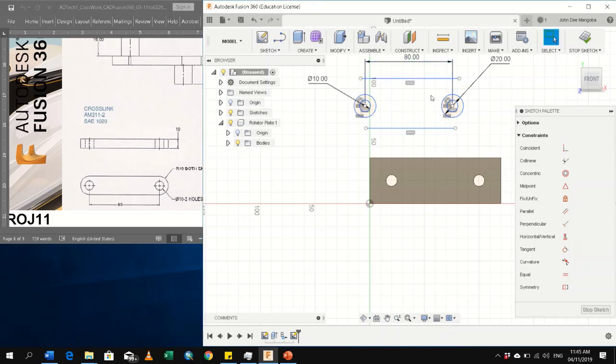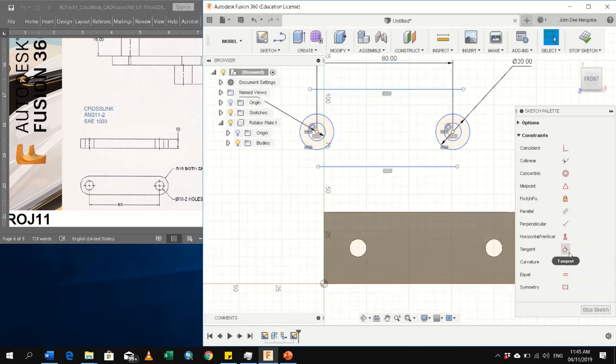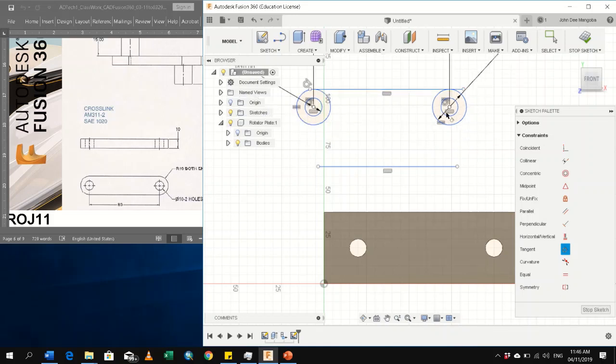Okay, now what constraint should I use to connect the circles? I can use tangent to make sure that it only intersects with the circles at only one point each. So this one to here, and this one